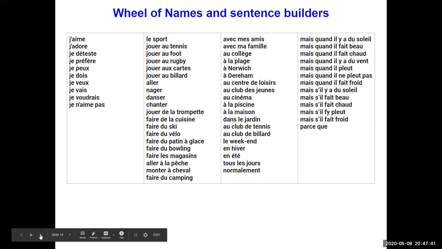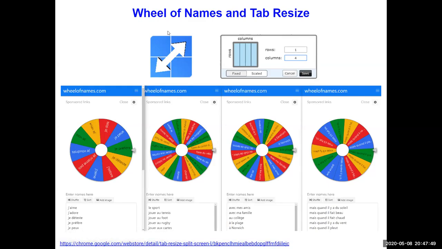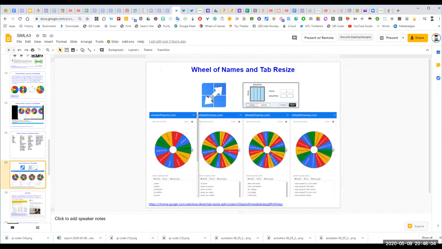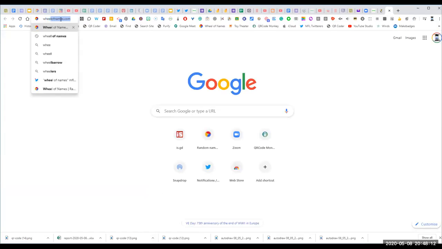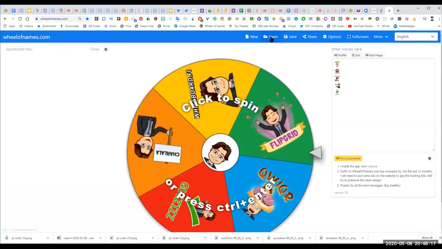So if I go on to the next page, I'm going to show you this live. You can see I'm using a Chrome extension called Tab Resize with Wheel of Names. Tab Resize is a completely free Chrome extension and you can choose the number of rows and columns that you have. So this screenshot here is what I'm about to show you live. I'm going to come out of my presentation and go to here and launch Wheel of Names like this. Okay, and I'm going to click open